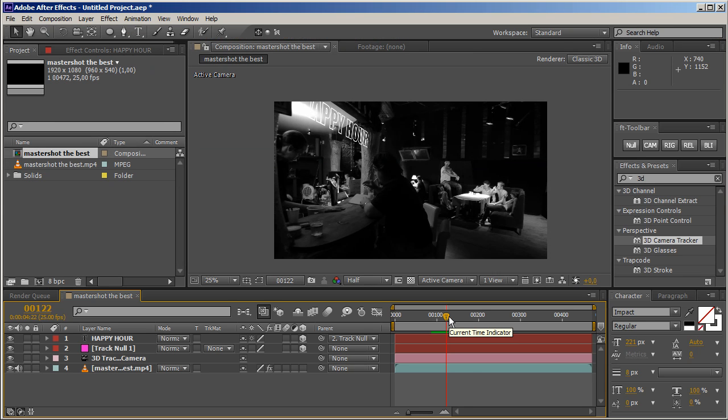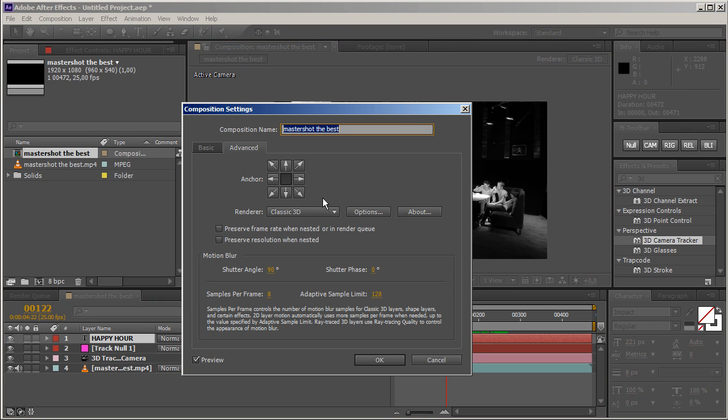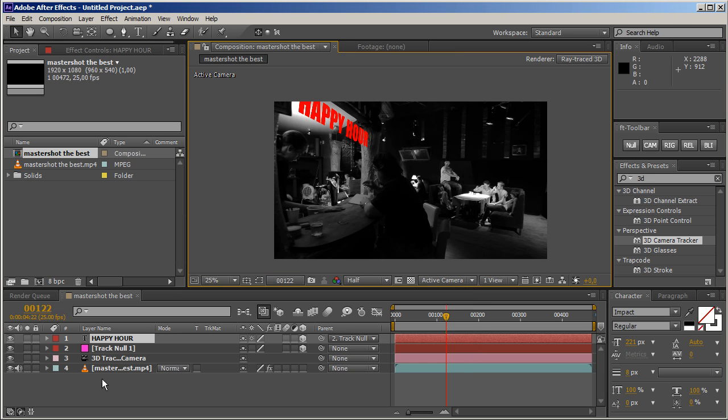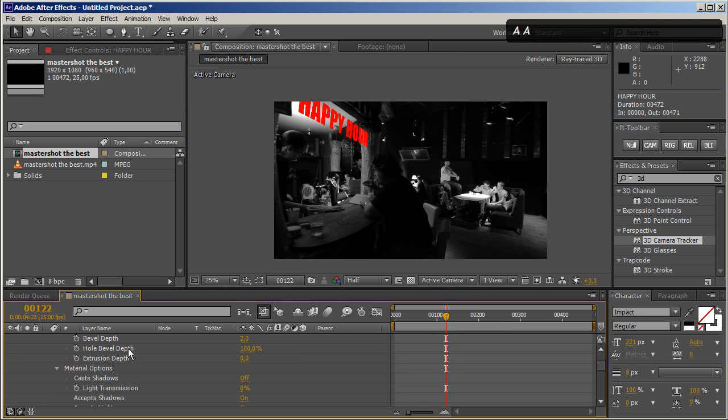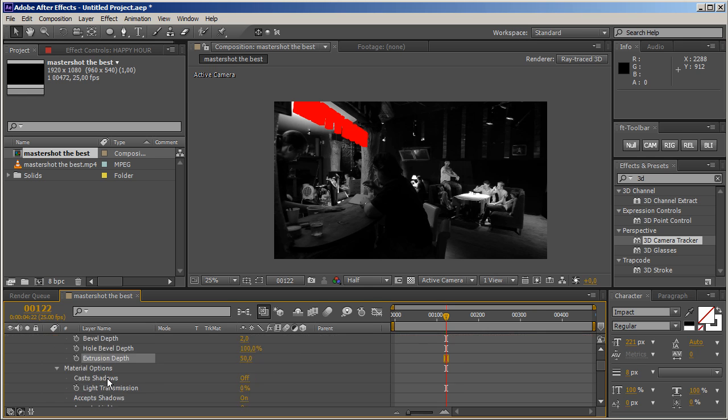But just as a reminder, After Effects CS6 has a great extrude feature included right now. So for example, you can extrude logos and text. So if I would like to give this text some depth, all I would have to do would be just to go into composition settings, turn the new ray traced 3D engine on, and just basically go to the geometry options, and just extrude it the way I like. And that will be it. I could also